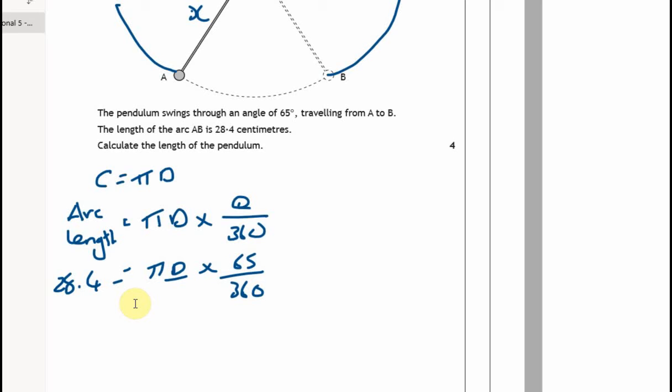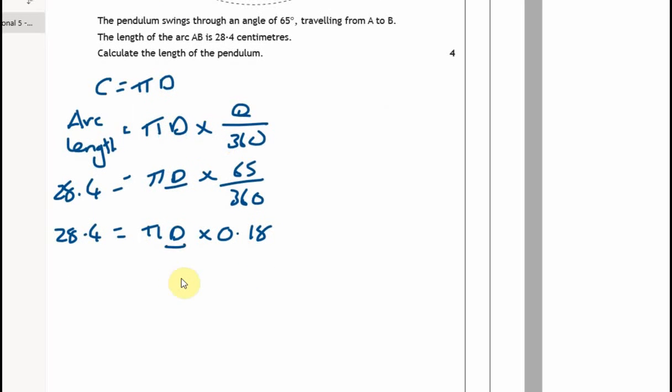So let's just turn 65 over 360 into a number. 65 divided by 360, so 28.4 is equal to pi d times 0.18. Now let's rearrange to solve for d. How do I get pi over to this side and 0.18 over to that side? I'm doing pi times d, and I'm doing times by 0.18. So they're times on this side, so they'll be divided on the other side. So that's going to give me 28.4 divided by